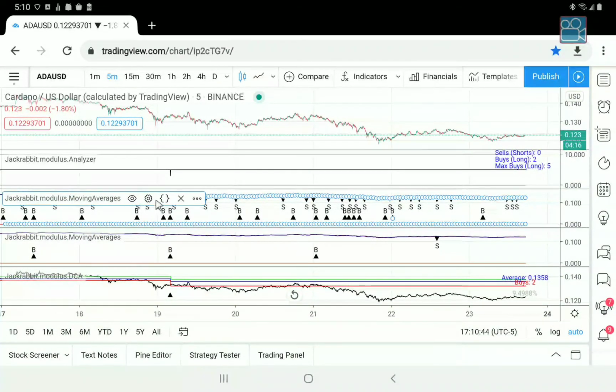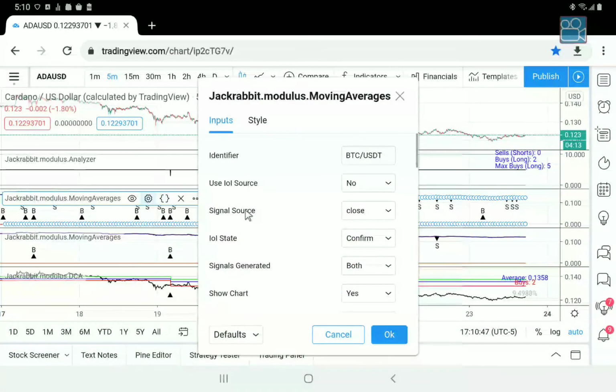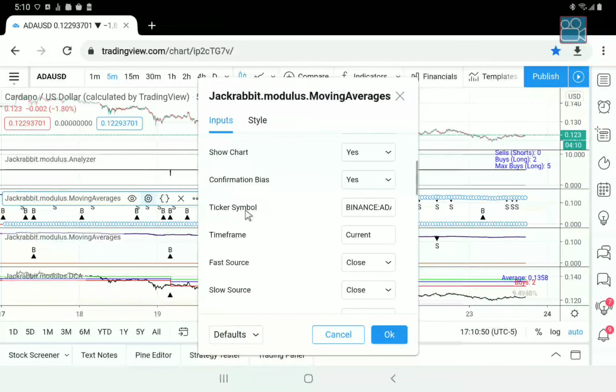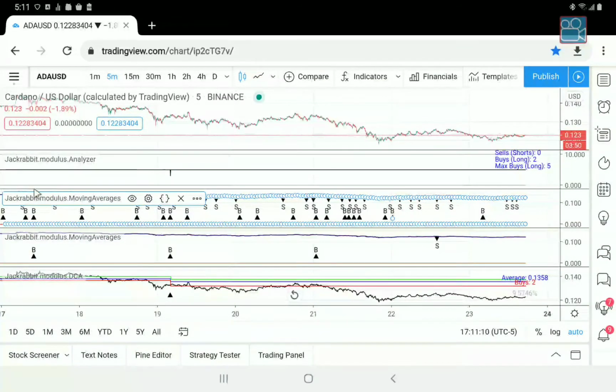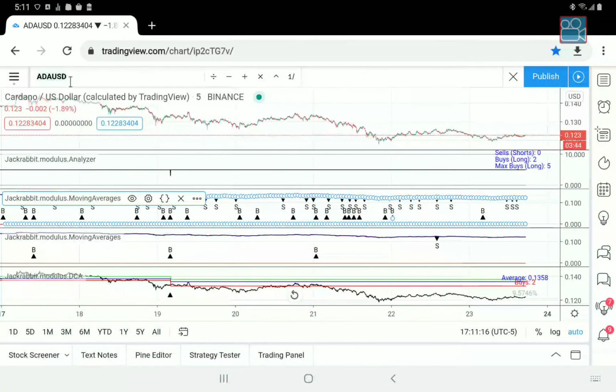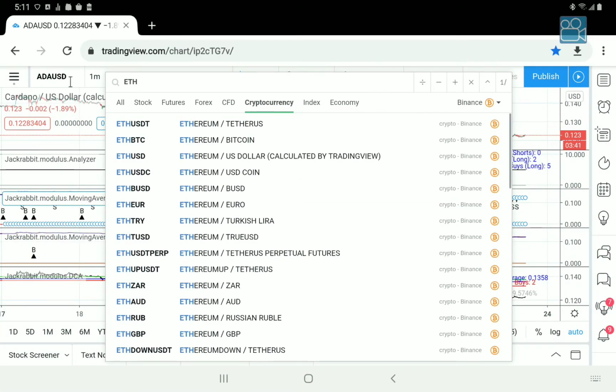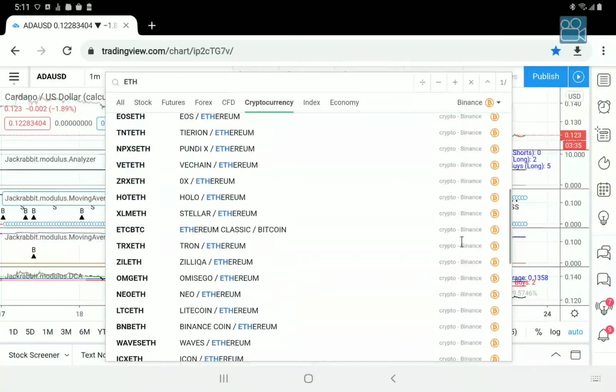From this standpoint, I haven't really gone into all that you can do. I've only changed the ticker symbol. All of these different things can be changed and tuned for each and every single coin. For this particular example, I stayed on one exchange, Binance. But you don't have to stay on Binance. You can pick any coin, any market, any exchange,